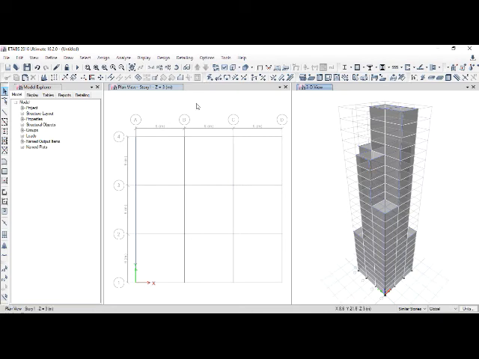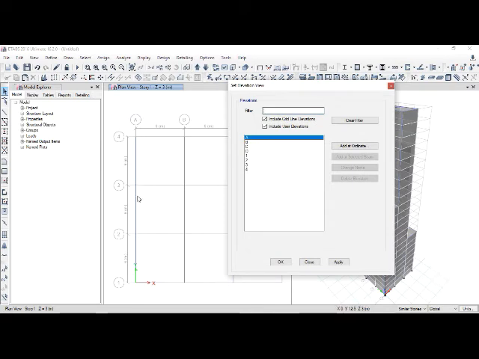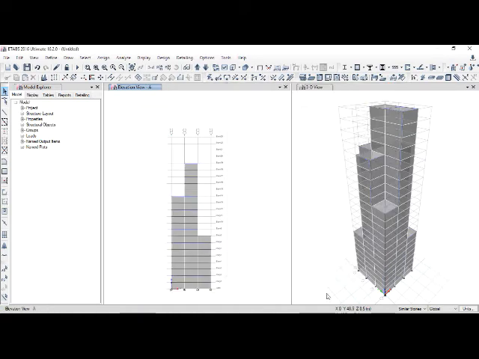So we'll first select all the claddings on the A side, which is the elevation A, and then we'll click OK. Now you are going to see only the claddings which are there on the elevation A. Select the all story option and click select all the claddings.